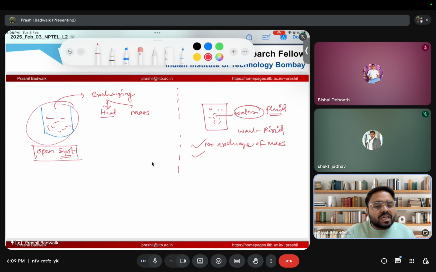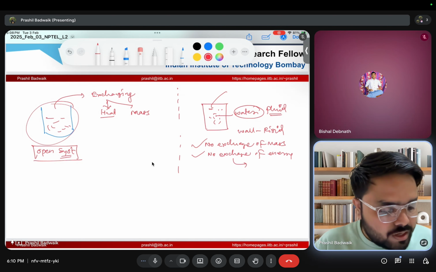If it is a diathermal wall, that means it can exchange the energy. If it is not exchanging any energy with the surrounding, that is called an isolated system, right? So in that case, this wall is not exchanging energy with the surrounding, and that's why there would be no exchange of energy,